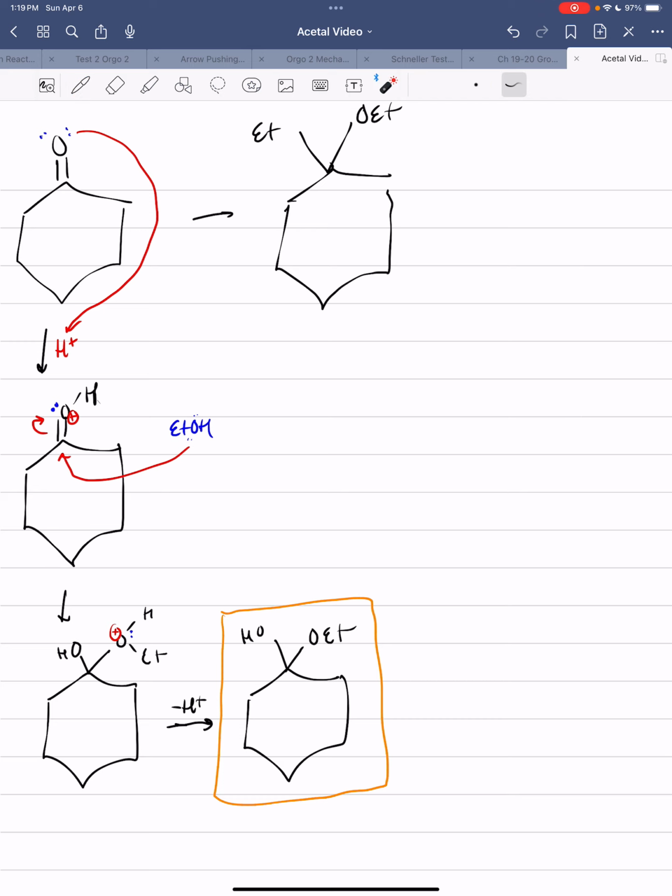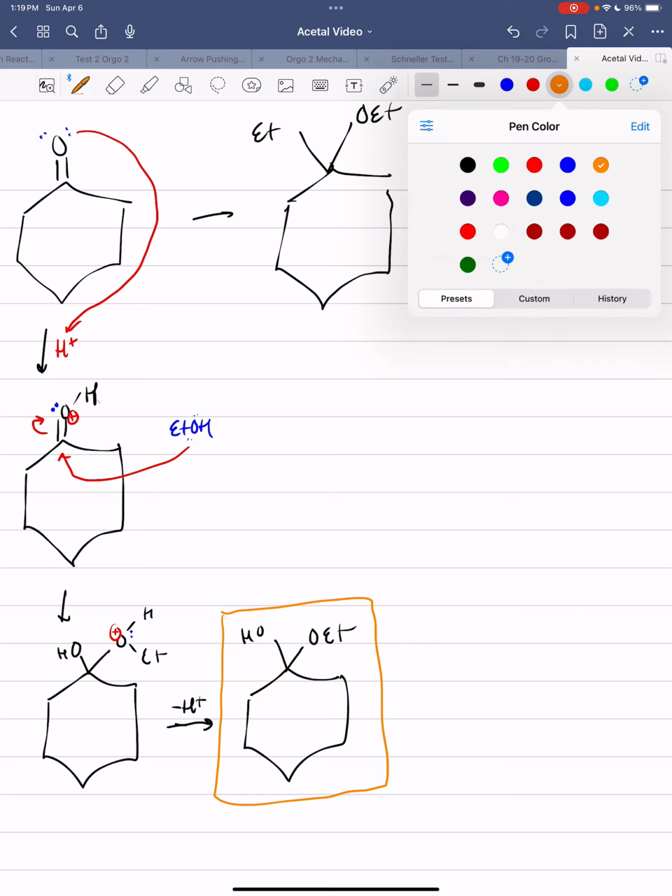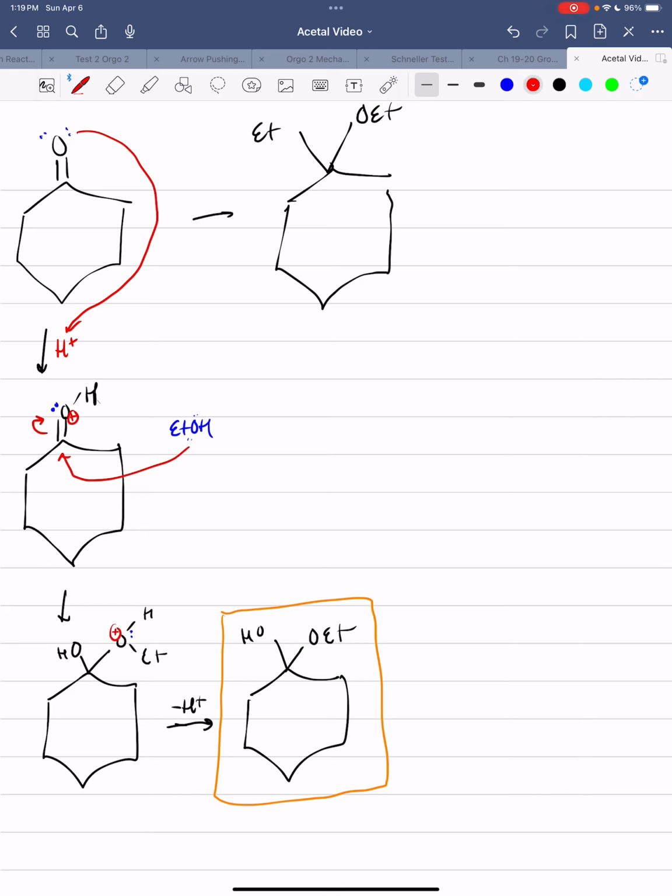So like we saw on the previous page, we know an acetal is going to have 2 OR groups and no alcohols or OHs whatsoever. So we're going to focus on turning this into a good leaving group, specifically water. So maybe show a proton up here, and we'll do a proton transfer in this next step. So now I've got this molecule here, OEt, OH2, draw some lone pairs here,